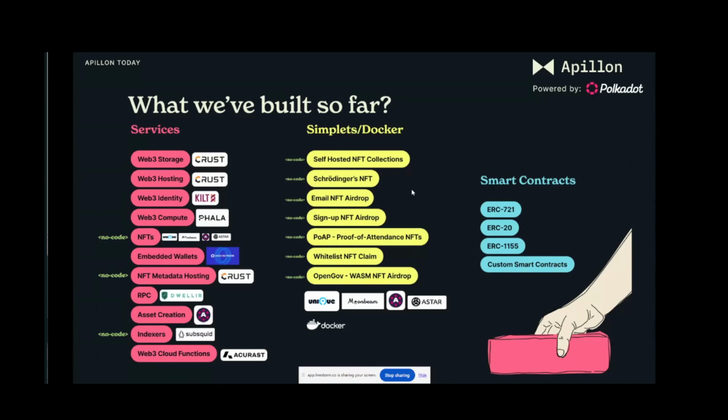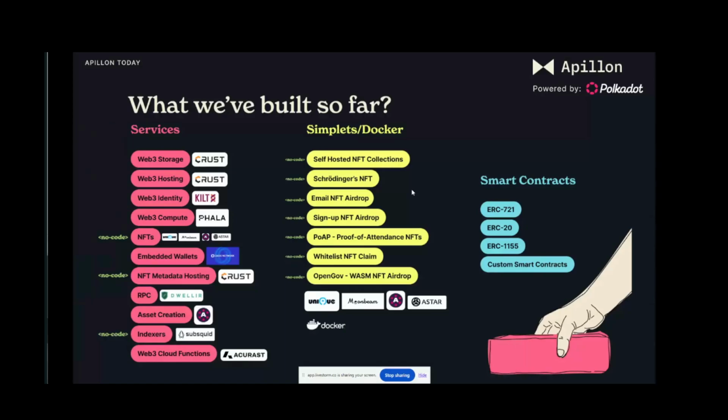Now, as you can see, our product offering is split into three main categories. On the left side, we have services. Mostly when we are talking about services, they are directly driven towards developers who can come and choose a la carte. Maybe they will utilize just one service, such as hosting or storage, or maybe they will cherry pick multiple services and build the full app. And today this is already possible.